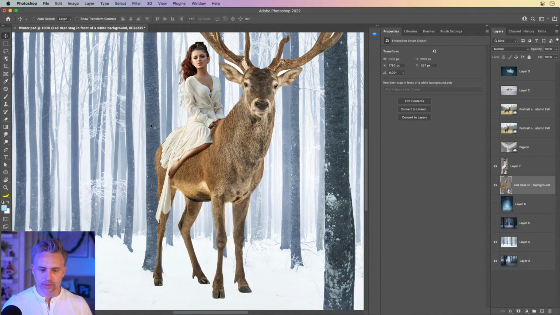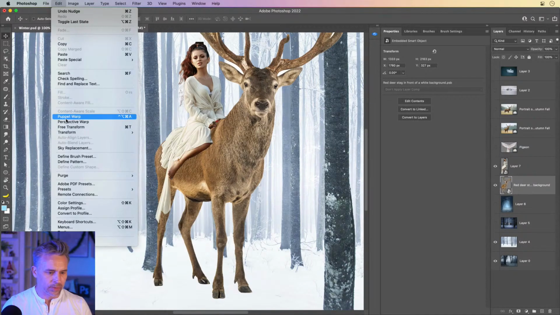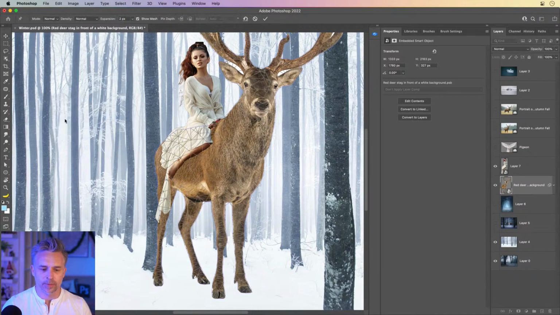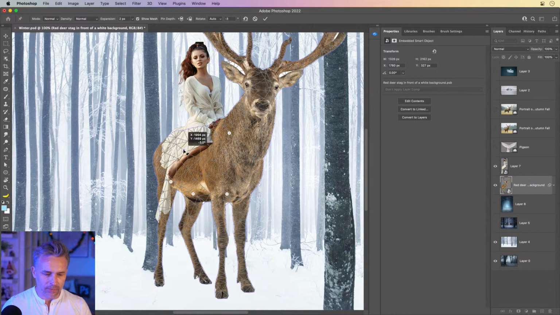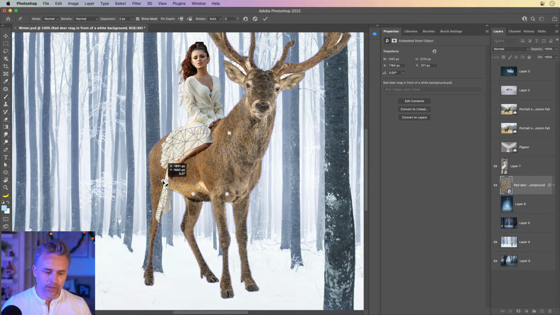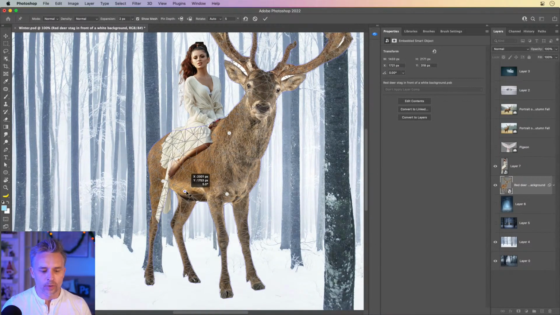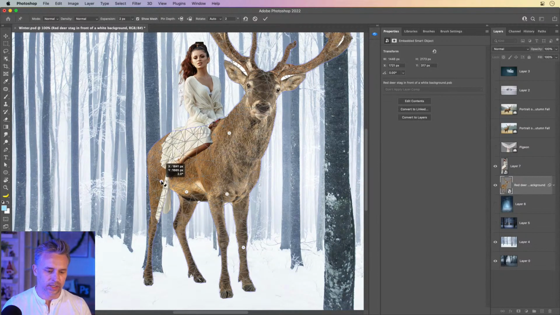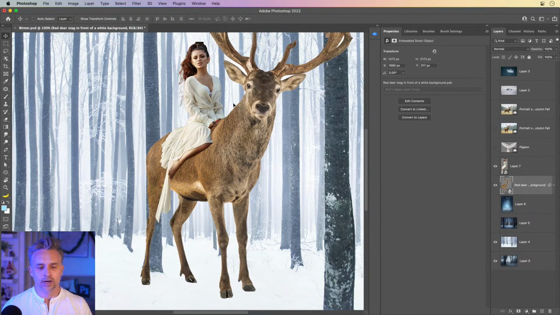If it's not at the right angle, what I would typically do in this case is use something like Puppet Warp. That will allow me to drop in some pins, pin down some areas, but really stretch out this part or give it an entirely different angle. If I want more motion, whatever the case may be, I could do that right in here. So we'll do something like that. Just stretch it out a little bit so she's nice and comfortable on this lovely